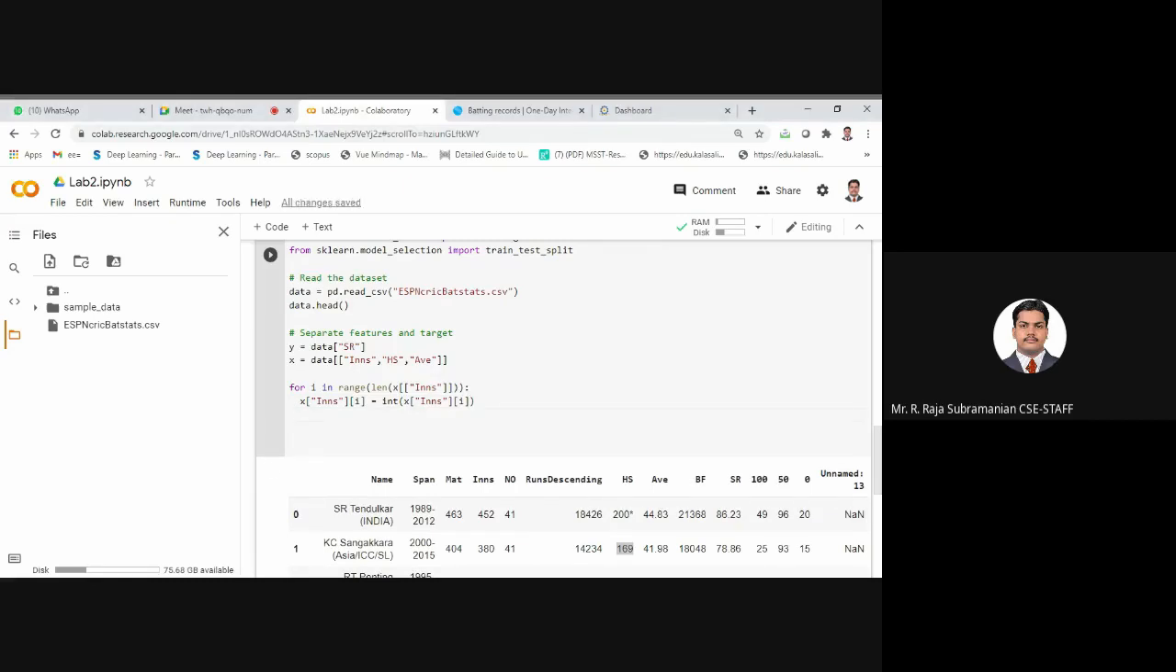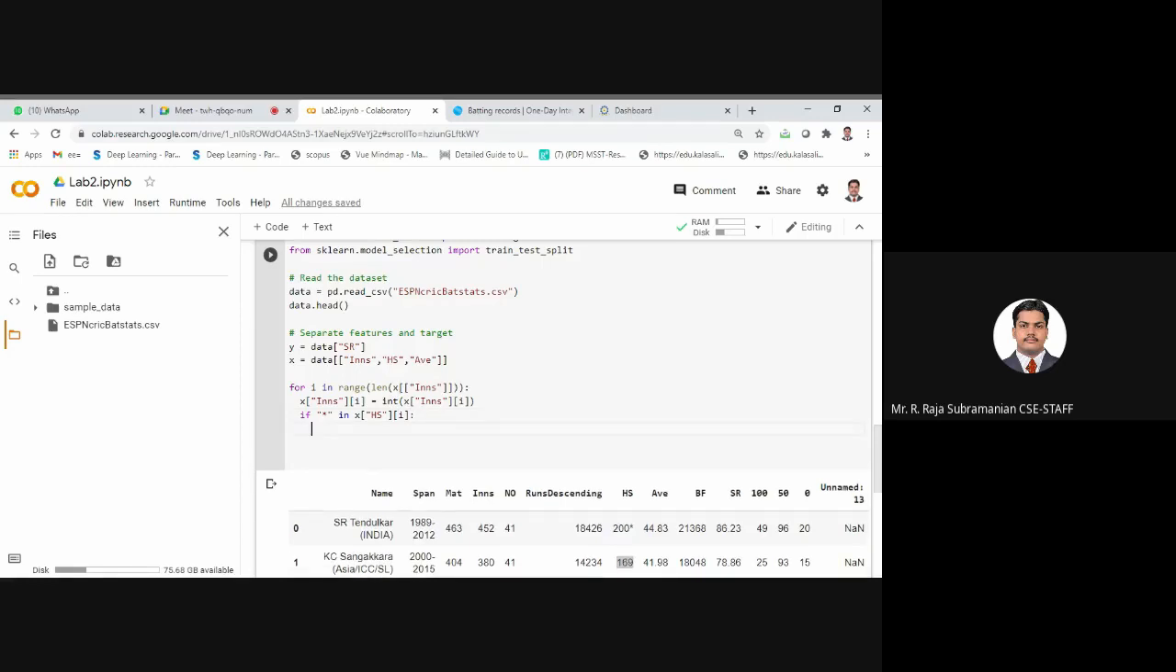Next, I know that in the HS field there are some stars also present. So I need to omit those stars. So what I make: if star in X of HS of I. If star is there in HS of I, then what should I do? I should remove that star. Again, I need to remove that star. So what can I make? X of